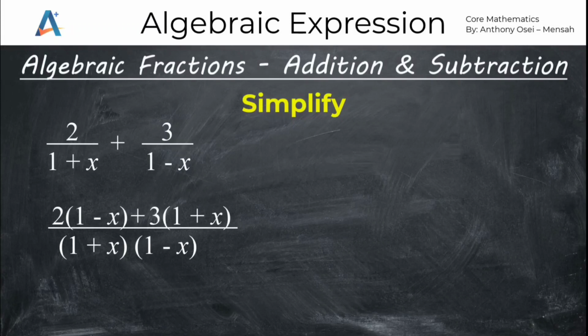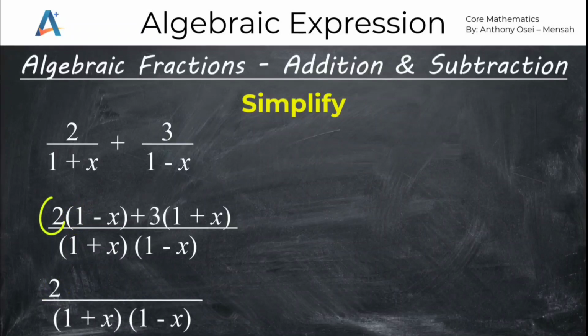Then we have to expand the one at the numerator and maintain the denominator. So in the next step, we'll maintain the denominator 1 plus x, 1 minus x. Then we expand the numerator. 2 times 1 is 2. Then 2 times minus x is minus 2x. The positive sign is there. So 3 times 1 is 3. Then 3 times x is 3x. So we will have to